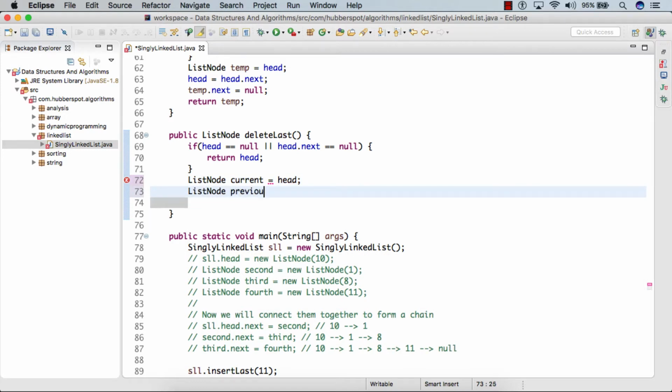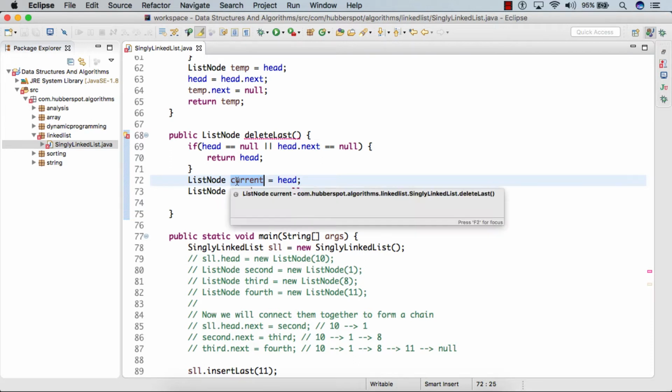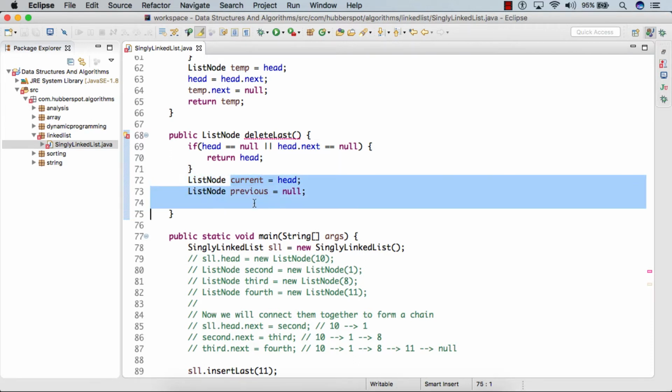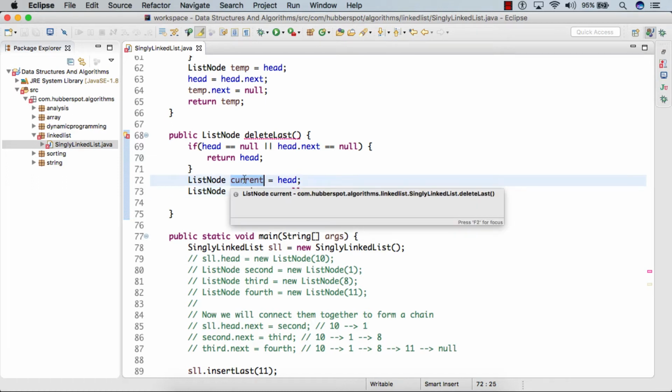Another is previous, which will always be previous to current. And why do we do so? Because once current reaches the last node, previous is already at the second last node, and we can simply remove the linkage by using this previous node and finally return the last node which got deleted.